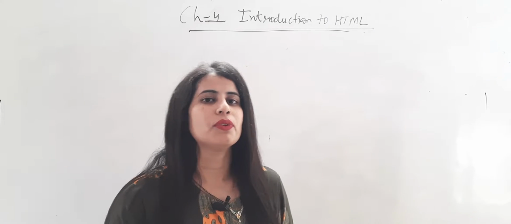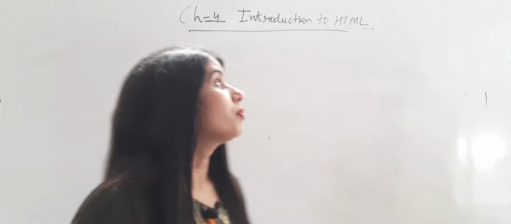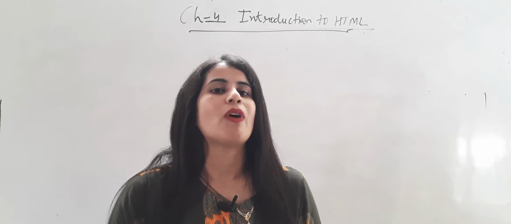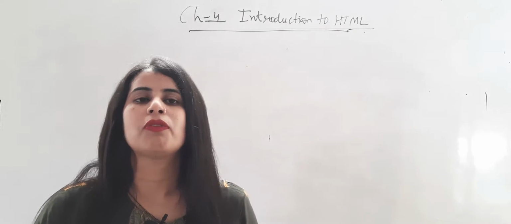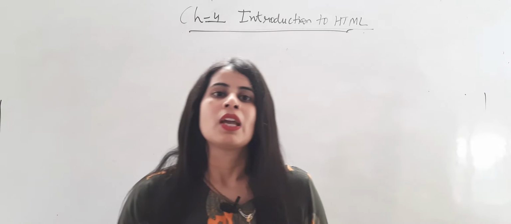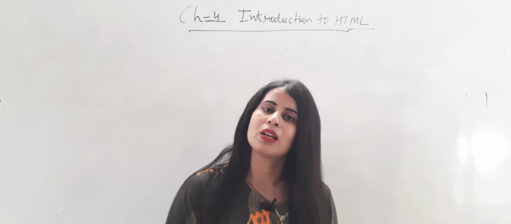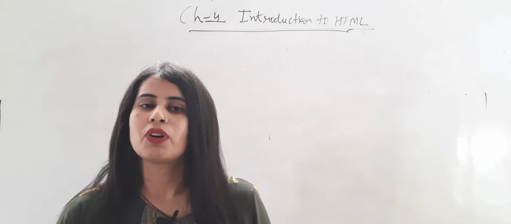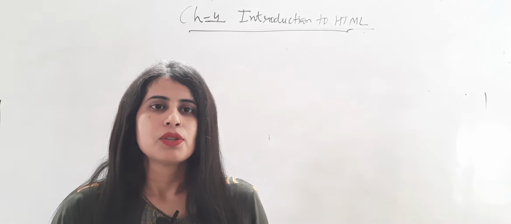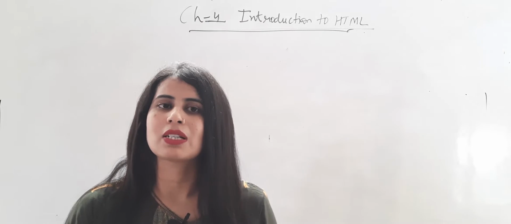In the previous video we had started a new chapter. It is chapter number 4, Introduction to HTML. This chapter was about what HTML is, what its full form is, what it is used for, who developed it, in which year he developed it, how we can use the HTML language, what tools we require for HTML, what editors we use for it, and we started the topic of tags. It was not complete, it was incomplete. So today we are going to start from tags.